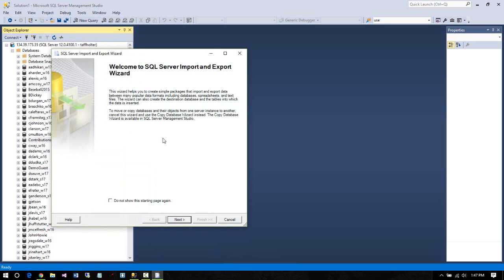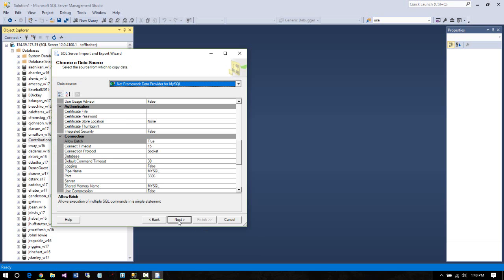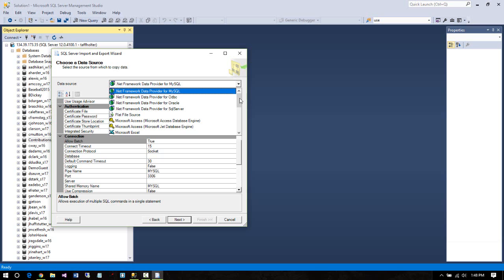And it starts a wizard. I just leave it turned on and click next to get started. The first thing it wants to know is, what is the source of the data? Where is that data going to come from? And notice right off the bat, it doesn't automatically assume that the data is going to come from another SQL Server. In fact, with this drop down, I can pick all these different data sources that exist in here,